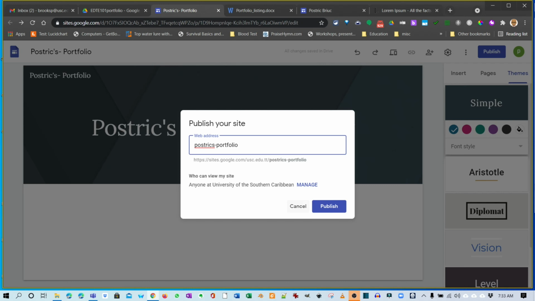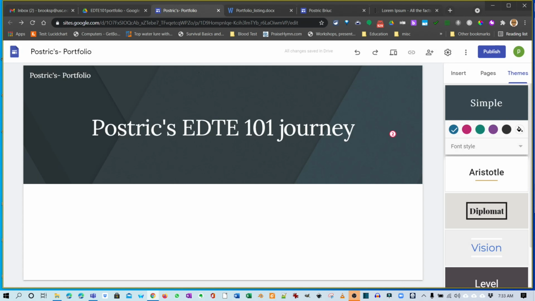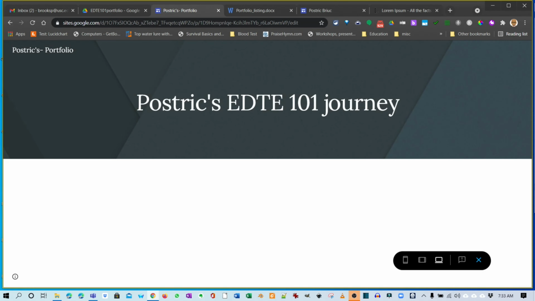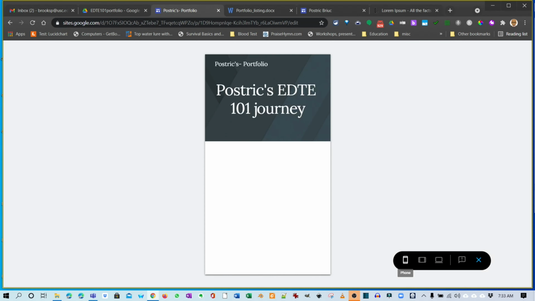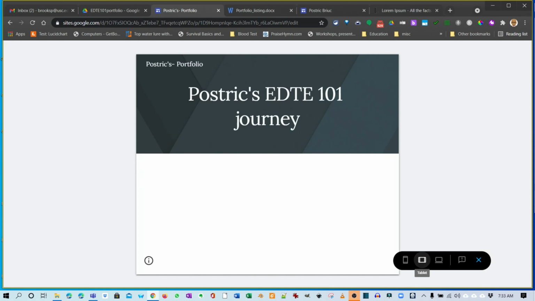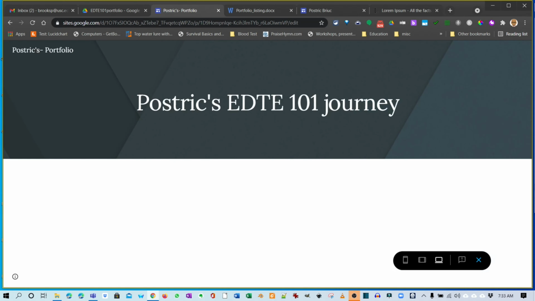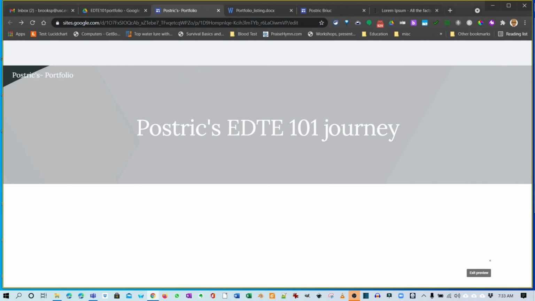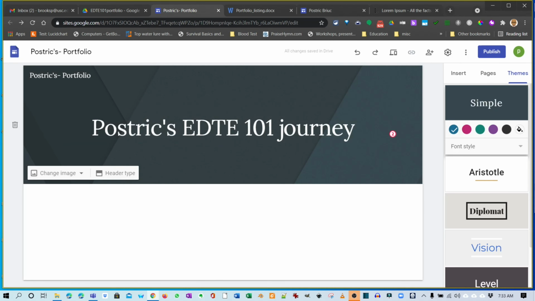We are not ready to publish yet, so we're going to cancel that. And if we want to see what our website looks like, we click on the preview button, which is what I used when I was showing you the site the first time. So you're going to see your smartphone view, tablet view, computer view. So we could just X out of that,